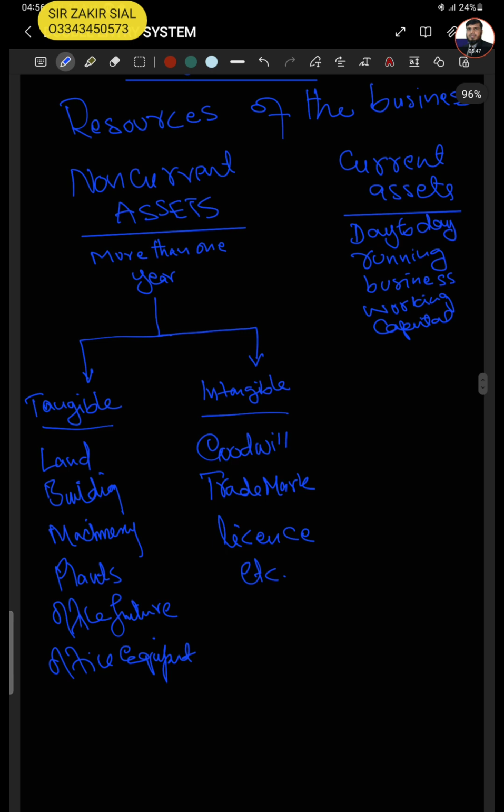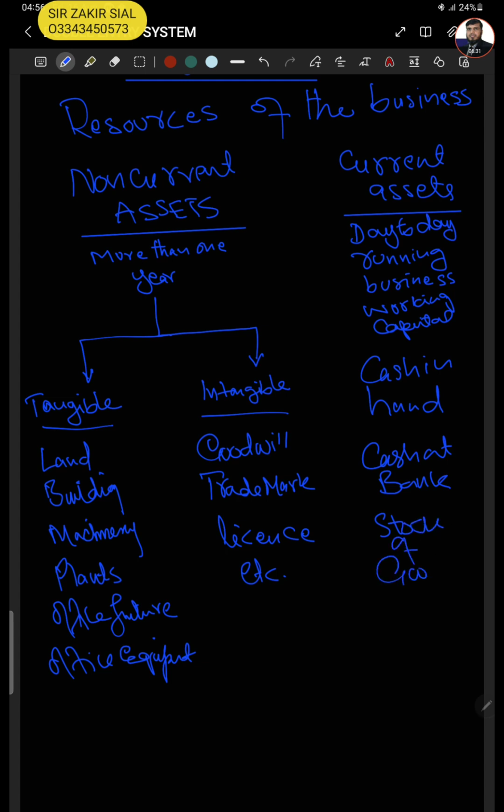I explain again. Resources of the business are non-current assets and current assets. Non-current assets are which we are using for more than 1 year. Current assets are we are using on the daily basis, like cash in hand, which is in the office. Cash at bank is also a current asset, and stock of goods,